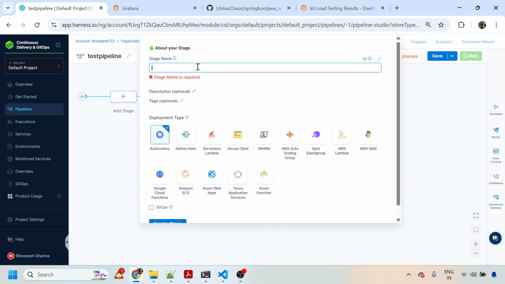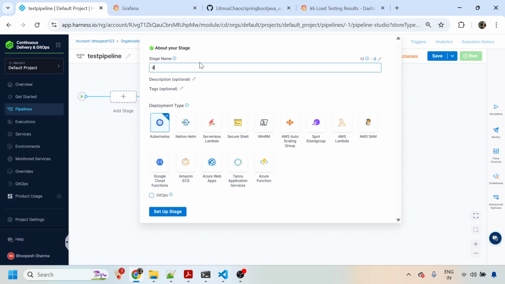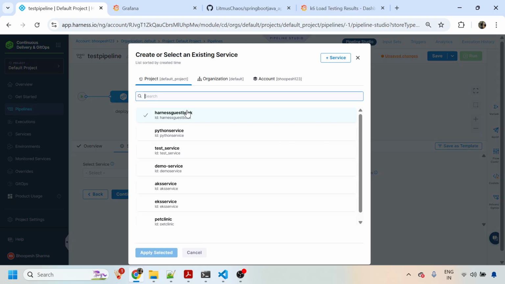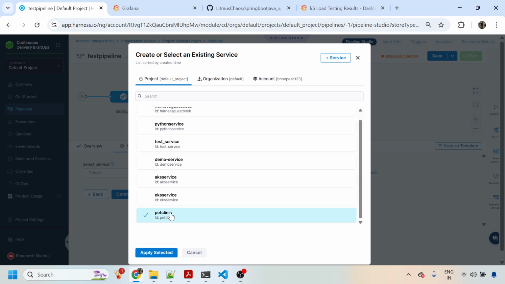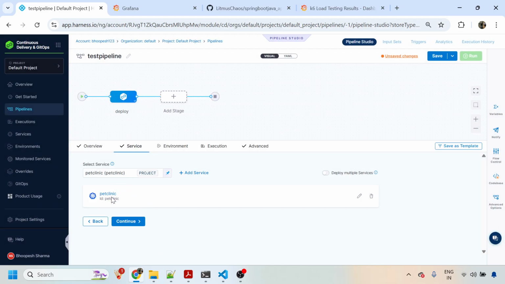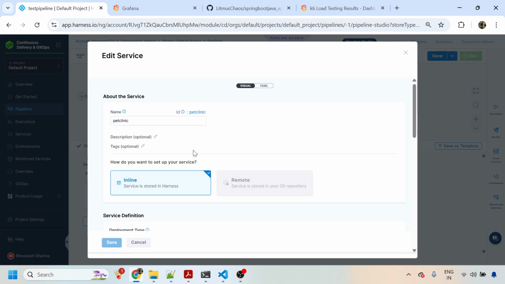I need to give some name. Suppose I'm giving the name deploy, right? Then I need to select a service. Now service is nothing but where your manifest will come from. So I'm selecting a service called petclinic. It will show me where the data is coming from. If I click on edit, that will show me the data is coming